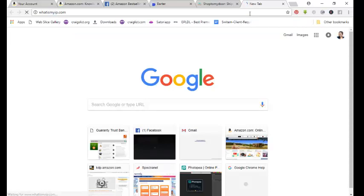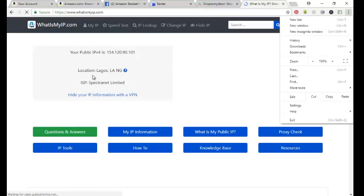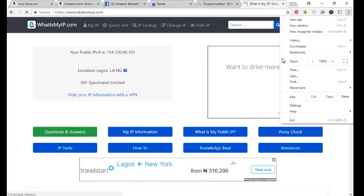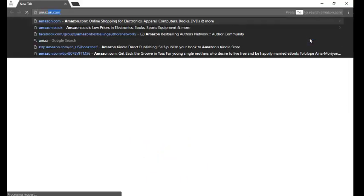It will show you the position where I am. Now I'm going to use a private window, so it tells me that, girl, you're in Lagos, Nigeria, and you're using this ISP. So if I were to use a new incognito window and try to access Amazon,